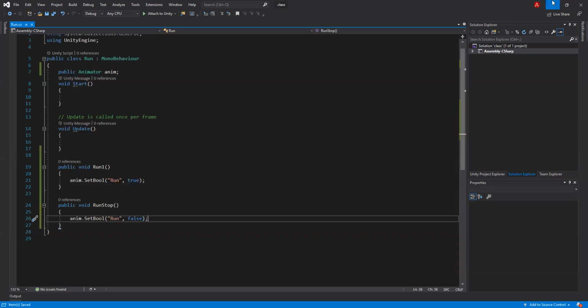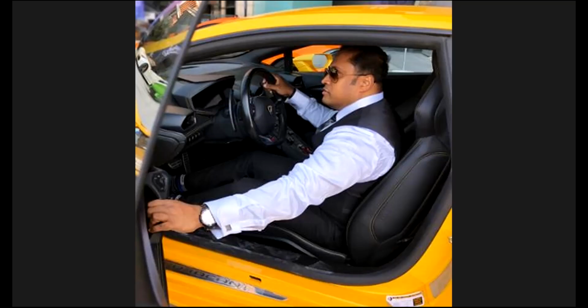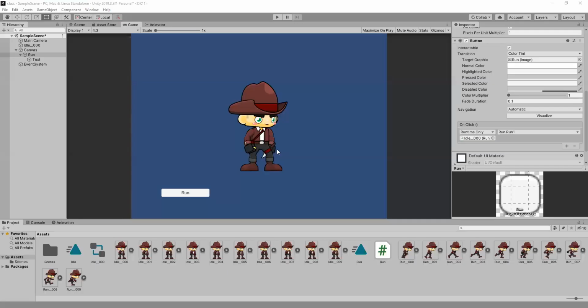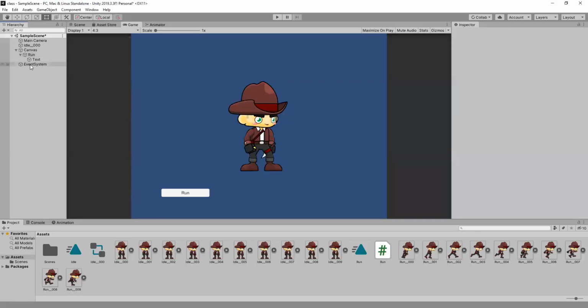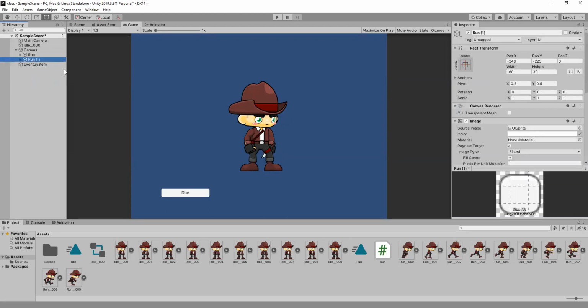We're going to create another button, just like the same. I'm just going to duplicate it.